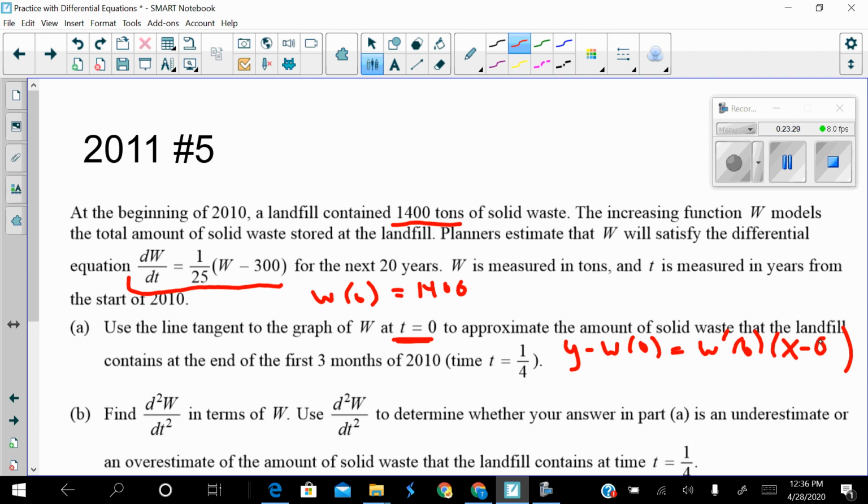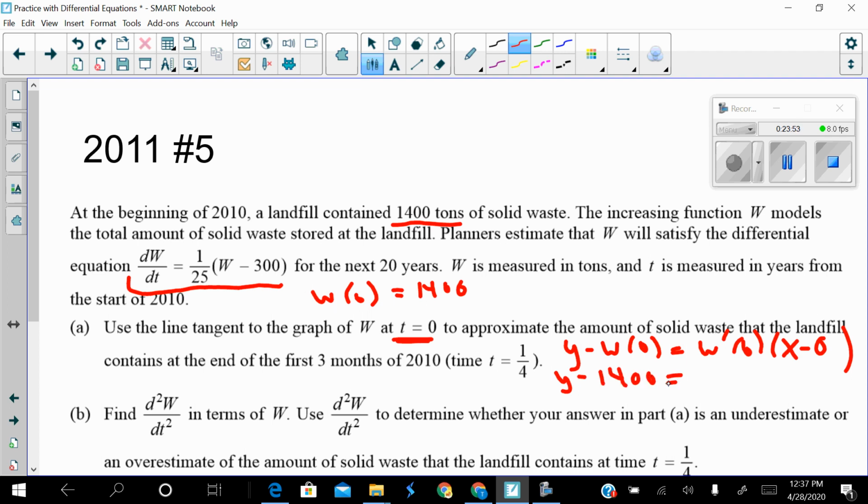To write the equation of the tangent line to W at time 0, y minus y1, you get that by plugging 0 into the function, so W of 0, equals the slope of the tangent line, you get that by plugging 0 into the derivative, and then x minus 0. Okay, so our tangent line is y minus 1,400